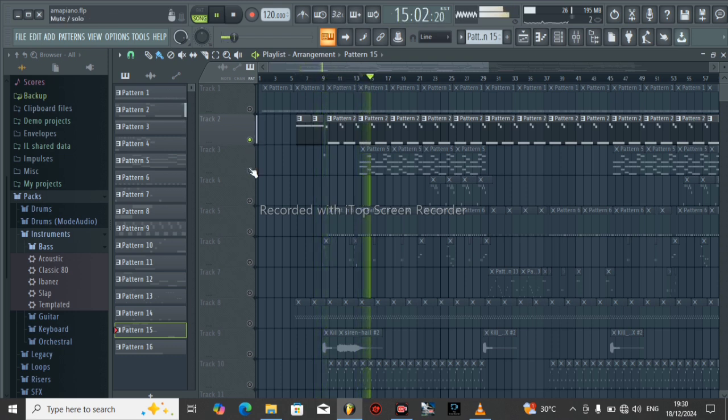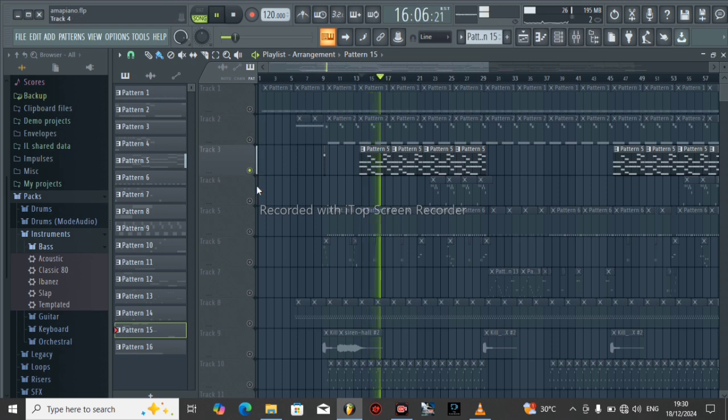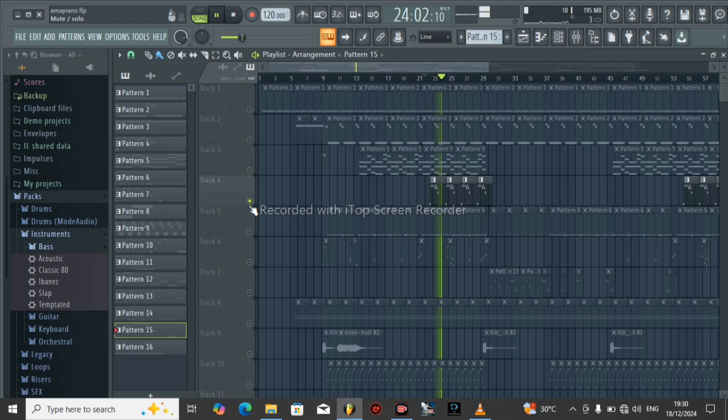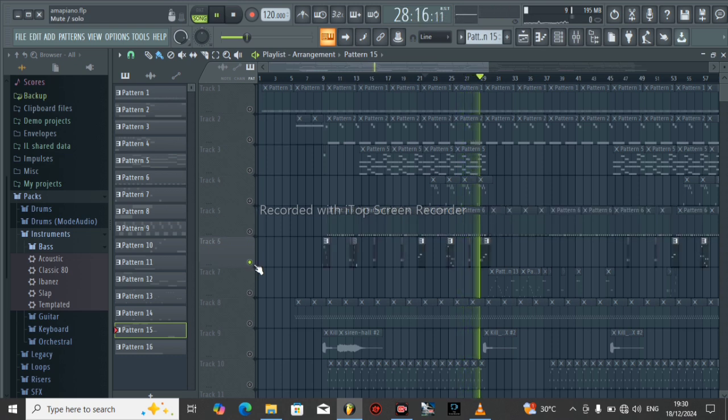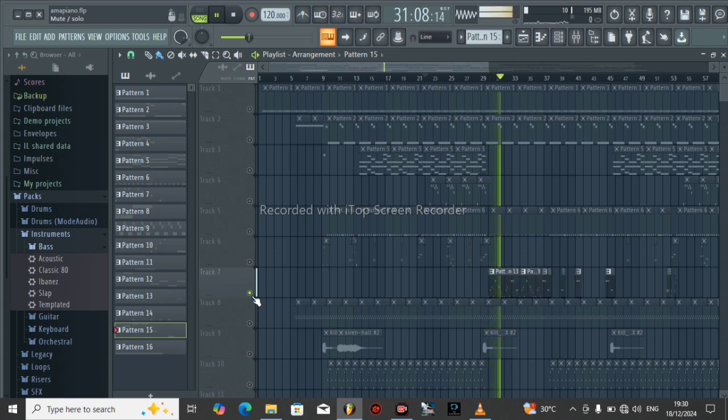So this is for the keyboard. This is for the chorus. This is the Amapiano. This is also the Amapiano. There are two sections for the Amapiano. I actually let it consume two spaces because